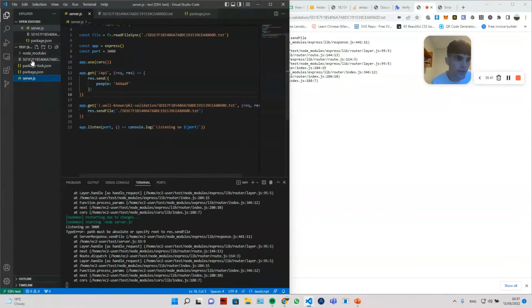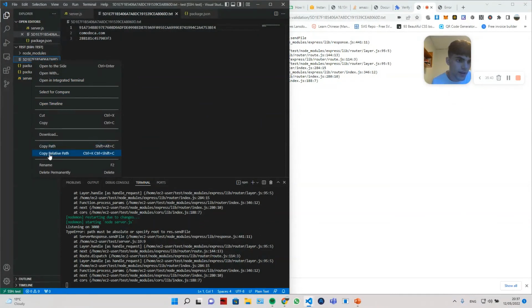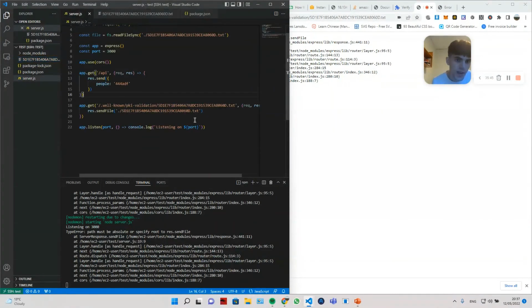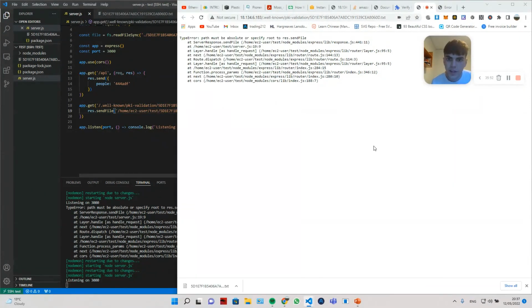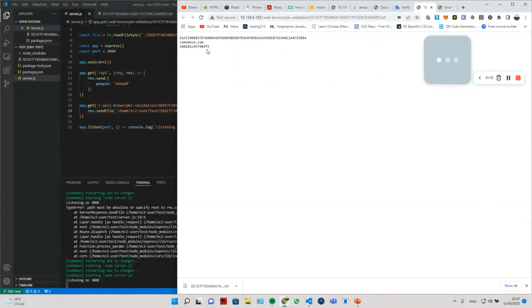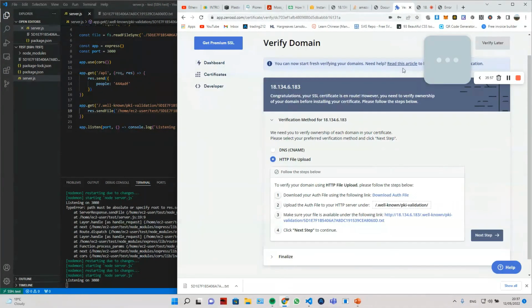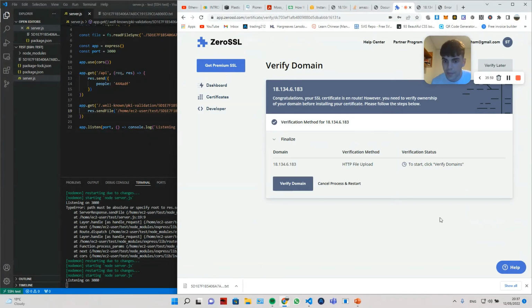So what we're going to do is we're just going to right click on that and we're going to say copy path. And now we're going to go like that. So fingers crossed, this is it. There we go. So that's the information. Now we can verify it. Press next step, verify domain,